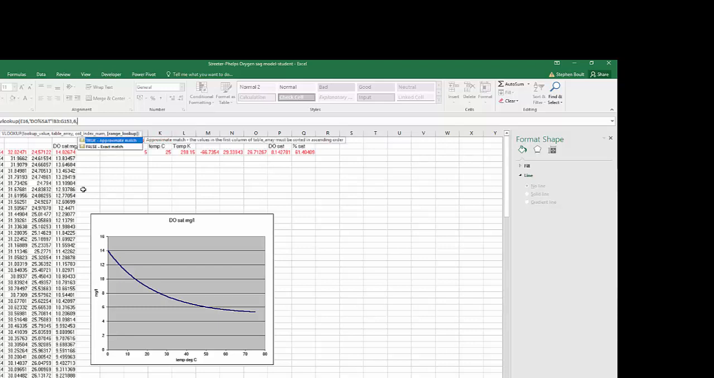If we put true, it will find an approximate match, which is the most appropriate thing, because the measured temperature might not match exactly to the temperatures in the table. The temperatures in the table are resolved at only half a degree. You may resolve the temperature at better resolution than that, and in which case it will find the closest match. If you put false, it would only look for an exact match. So we can close that, and that would return us